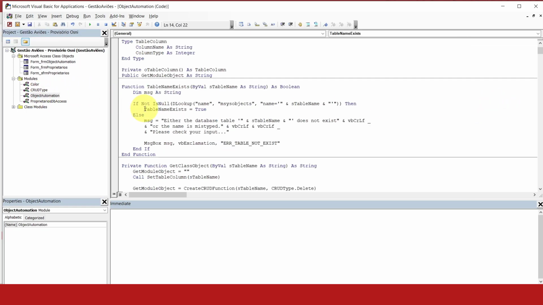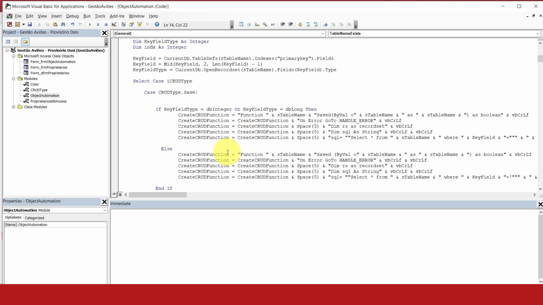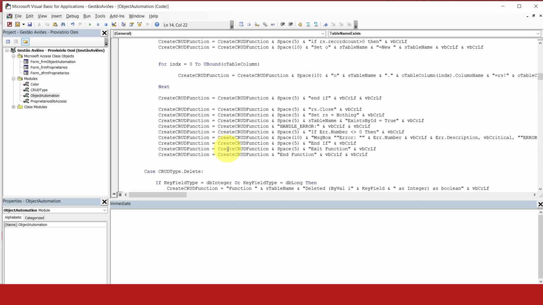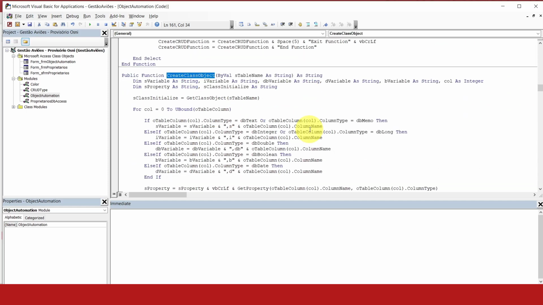However, the name that you were calling, create class object right here, you did not have this guy in there. You have to supply the table, that table is required so that it can